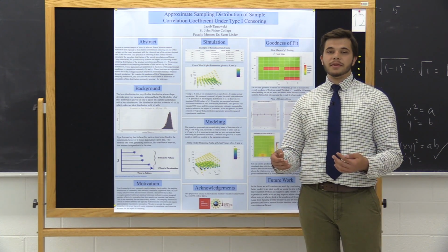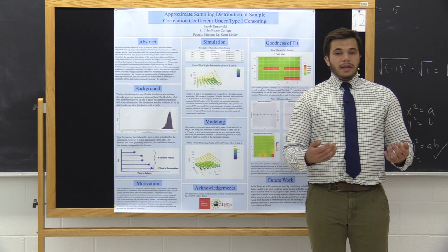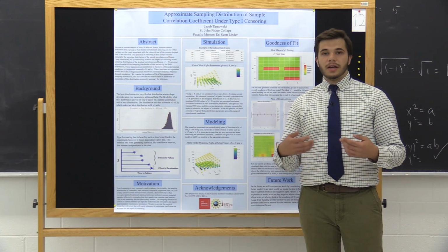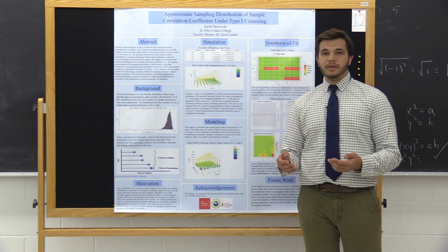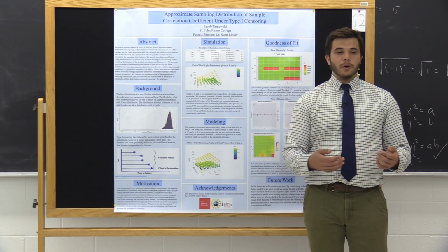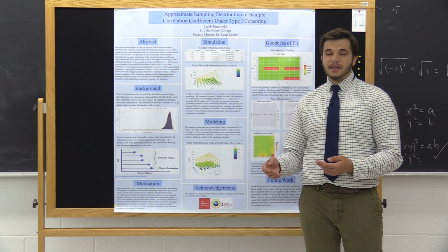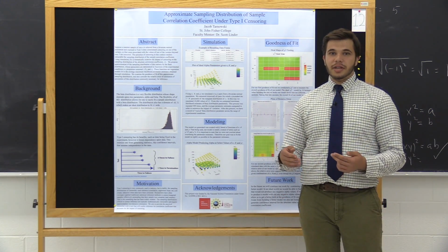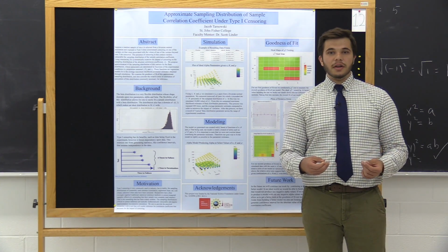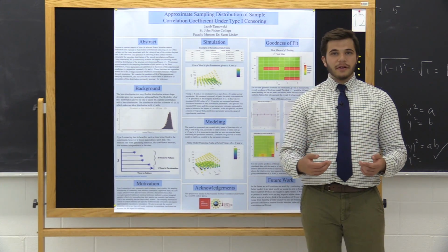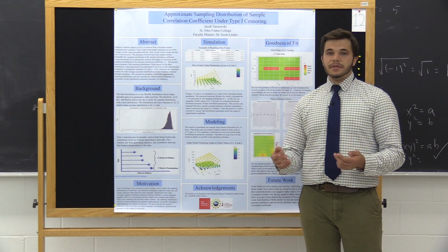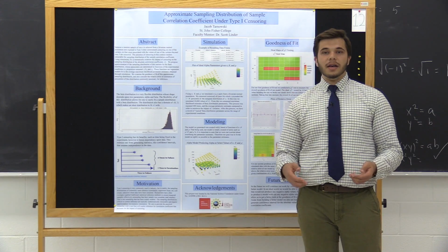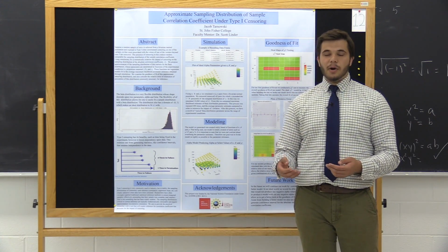Now, type 1 censoring introduces several problems. The main one being that it leaves the distributions of commonly used statistics, such as correlation coefficients, unknown. Therefore, we are unable to make inference of these statistics. Now, with this information, you would expect that people in industry and people conducting research would avoid using type 1 censoring. However, that is not the case. They continue to use it, but they choose to ignore the impact type 1 censoring has and just report that they had a smaller sample size.